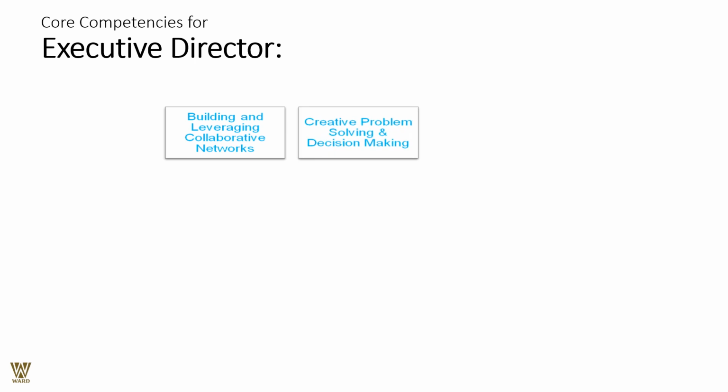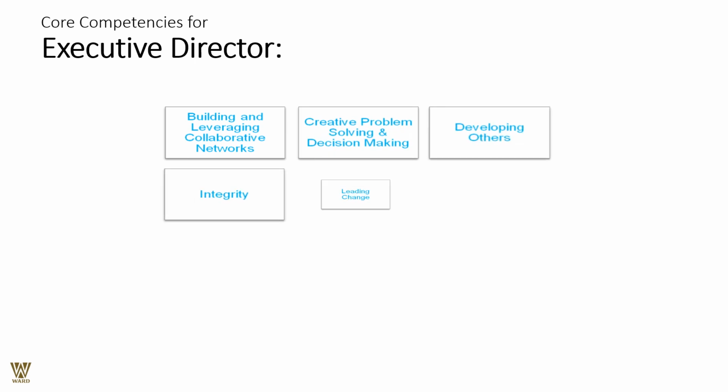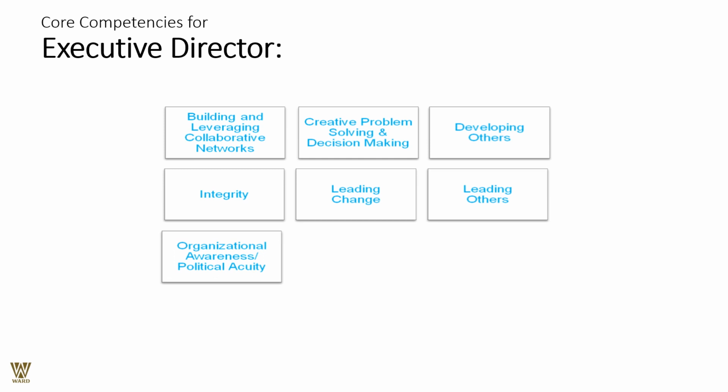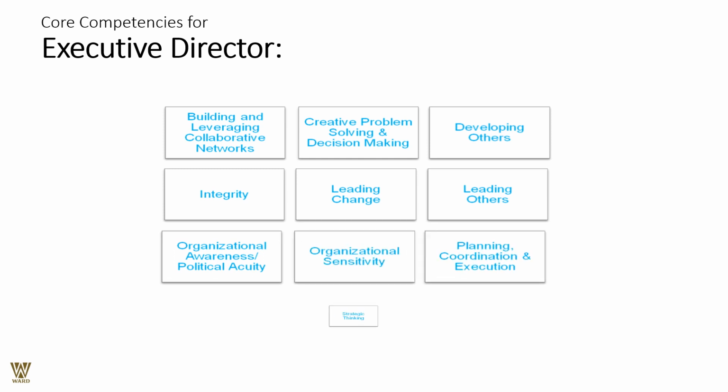Now, let me give you that of an executive director of the core competencies. Again, it's the same thing that comes around, but gets refined. If you look here, we are not trying to build up an interpersonal relationship as such. What we are trying to maintain is integrity, a forward-looking sense of strategic thinker. We are talking about planning, coordination, and execution. We are trying to ensure that people have been developed, coming up with new innovative solutions to any problems. We are talking about organizational awareness. We are talking about political